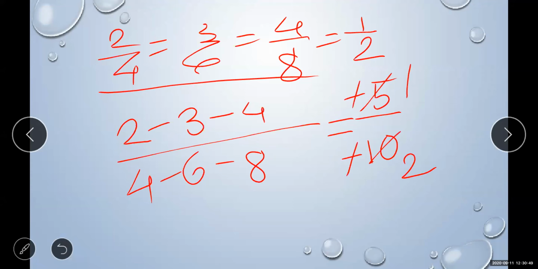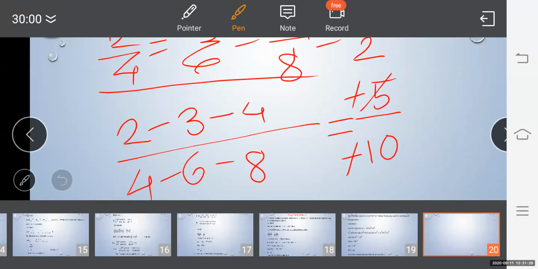This means when equal ratios are given, we can apply any operation on them. It may be addition, subtraction, multiplication, and division also, but in another manner. But simply we can do addition, subtraction, multiplication. Still, we will get the same answer, that is 1 upon 2 for this question. I'm talking about this question. So this is the theorem on equal ratios. If you are asking me about the multiplication, I'm telling you how it will be done.